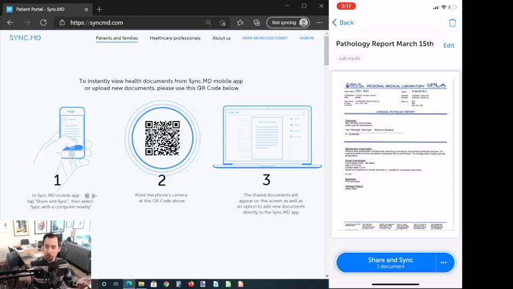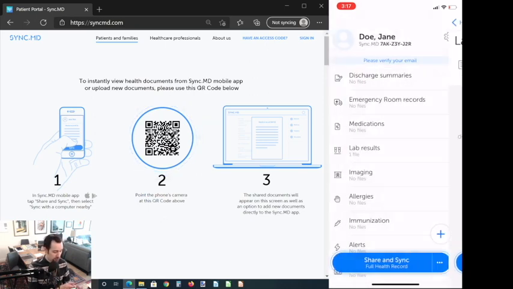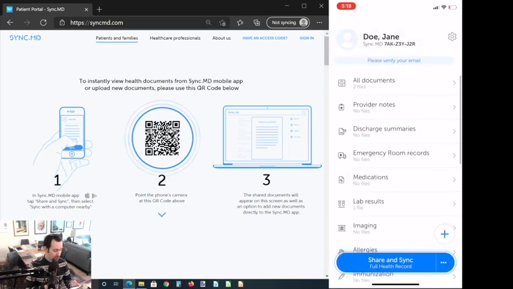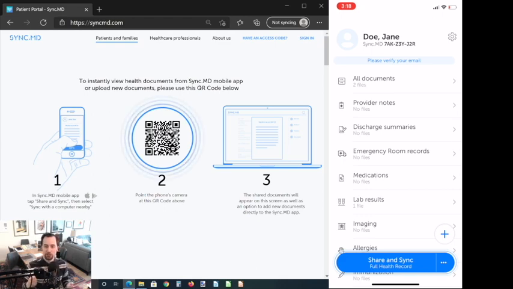And he wants to know, all right, I need your most recent lab result. So if I'm Jane Doe and I go, you know what, I've got the SyncMD app. I got my records from my doctor. How can I share them with you? I simply ask my doctor to go to syncmd.com on his computer's web browser. You'll see this QR code on the front of the screen. And using Jane Doe's Share and Sync button, you can see here at the bottom of the screen, big and blue,